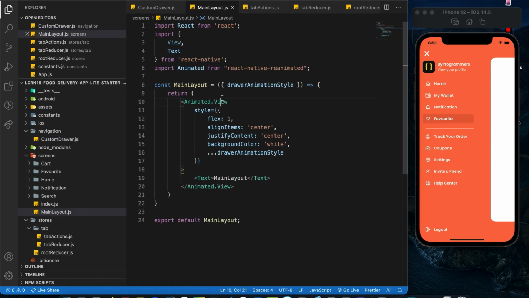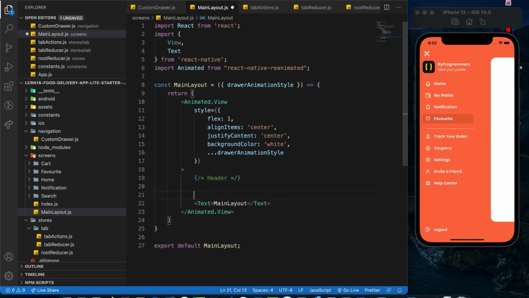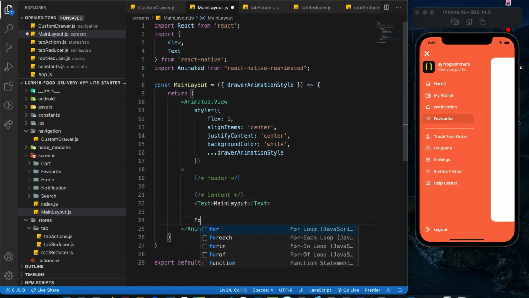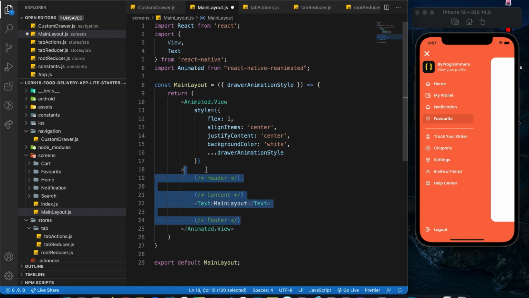Within the container view, we will have the header, the content, and also the footer. The footer is going to be the custom bottom tab navigator. So before we start to work on these sections, we will need to first import a couple of components